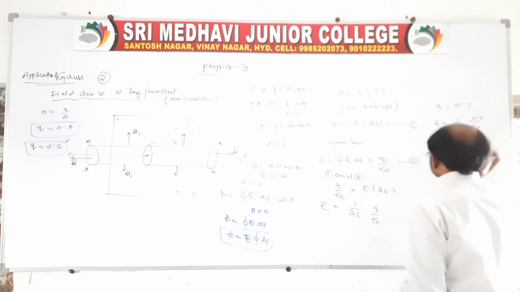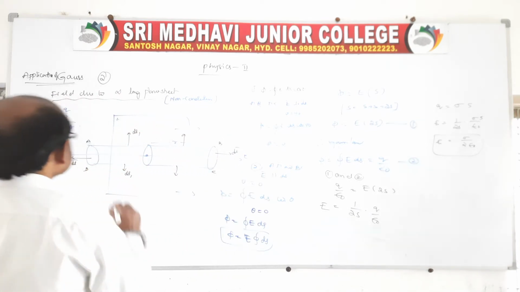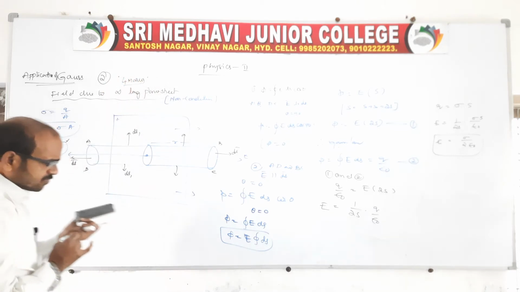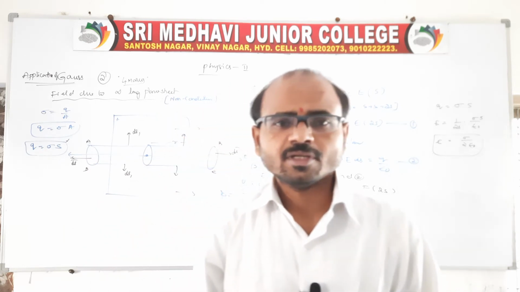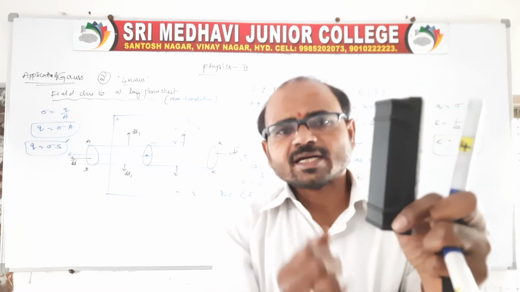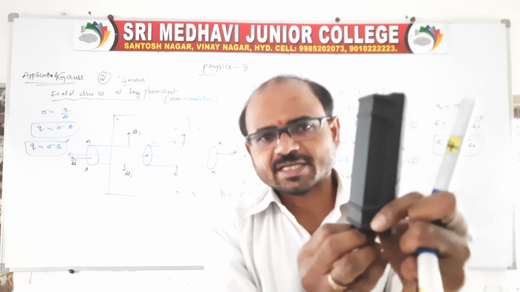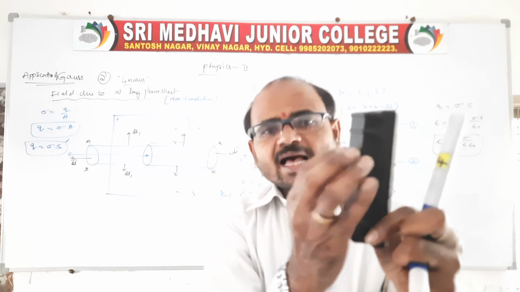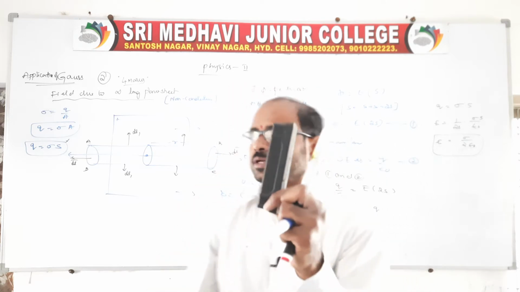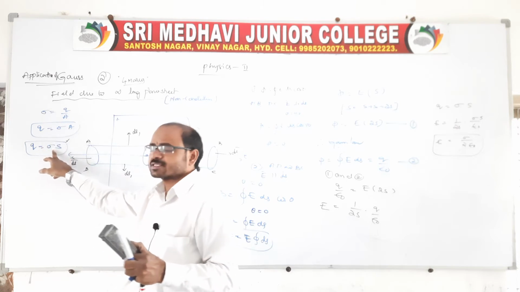This is for what? For an infinite plane sheet. See, once again I will explain. Infinite plane sheet, again it is also a 4 marks question. 4 marks it is, right? You take one infinite plane sheet. For that plane sheet, if a charge is given, it is a non-conducting sheet. When charge is given to the non-conducting plane sheet, the charge is distributed throughout the surface area. So this has a charge distribution, which we can call surface charge density, sigma is equal to Q by A, or Q is equal to sigma A, or we can say Q is equal to sigma S.